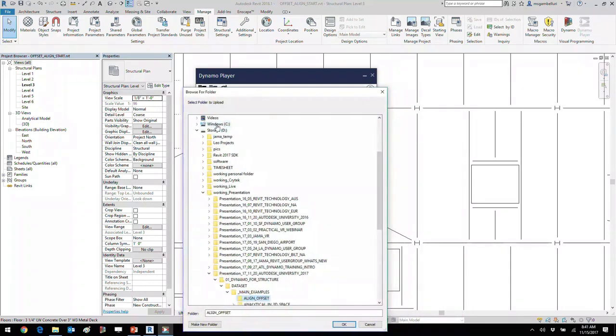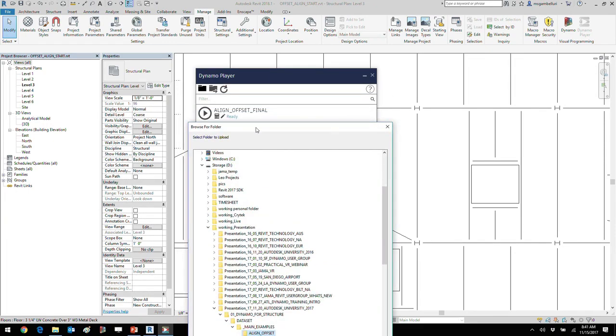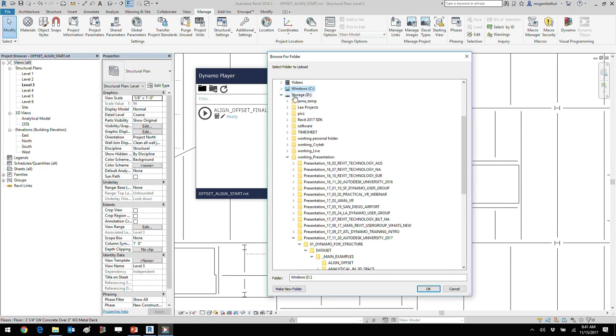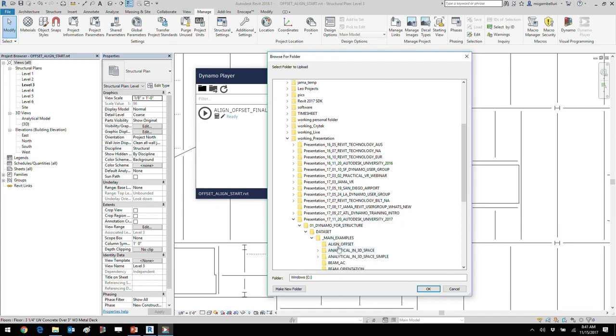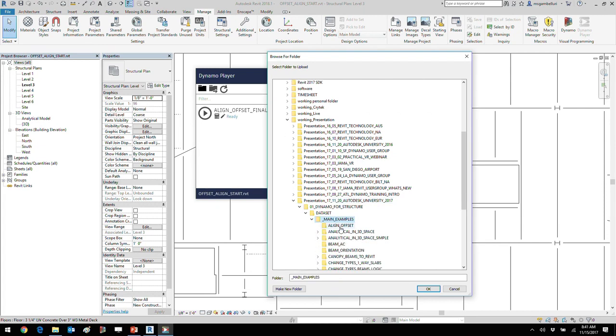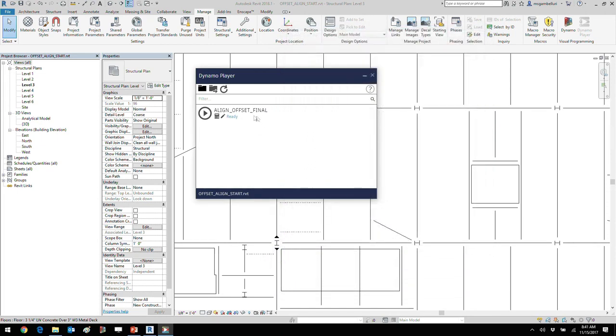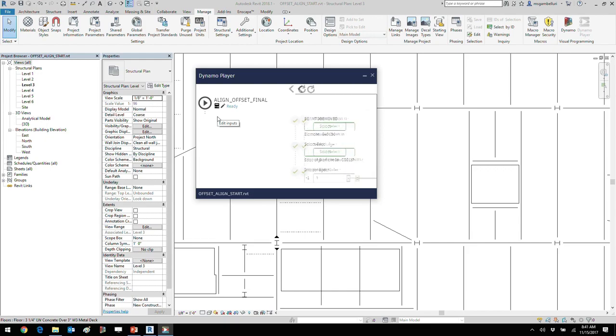And then for you, does it already show Dynamo Player? No? Does it already show this folder, the line offset? Okay, so I think for you it would be in the C drive, and then you have to go to the data set. For me, it's a little different. It's right here. You select the folder, select the align offset folder, and it'll show the script that's saved in there. Okay, and then click this button here. I know I moved a little quick, but